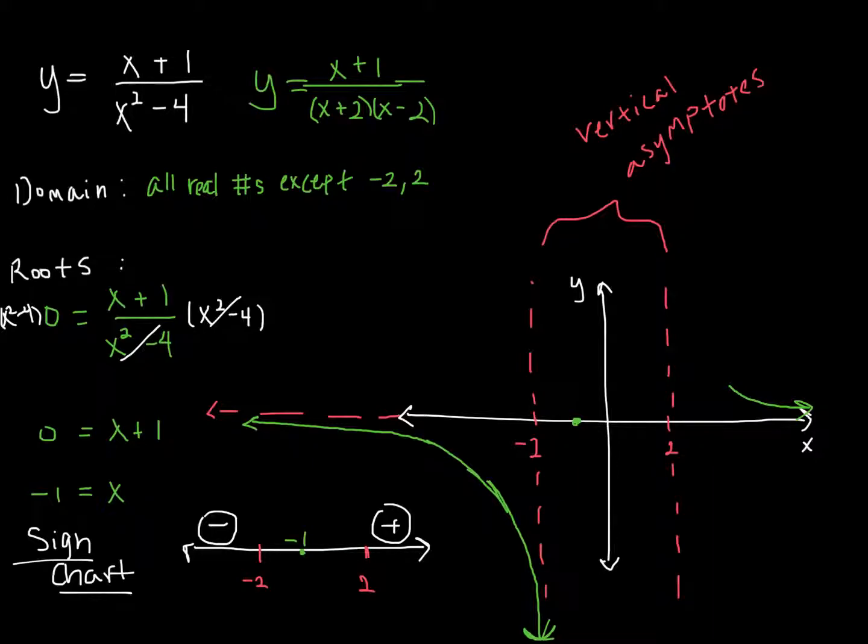Remember, we know it's never going to hit 0, right? It's never going to hit the x-axis. It's never going to go negative. So I am very confident that no matter how far I go out, I'm always going to have a positive value. It's just going to get very close to 0. And so that is a horizontal asymptote. So I'll go ahead and label these here. I'll just put an H for horizontal